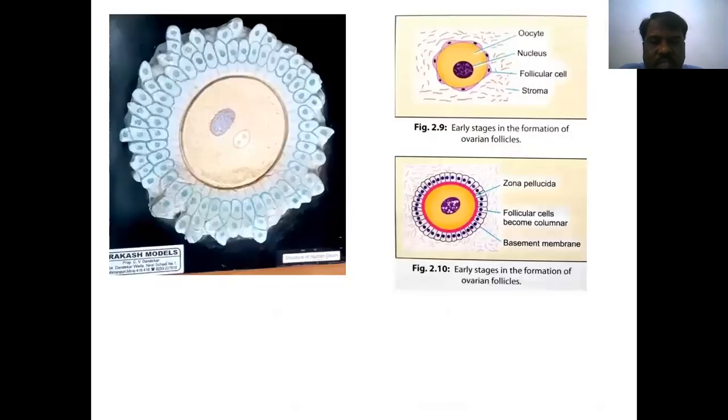See here, simultaneously in a single slide, I kept the model on the left side. The same equivalent diagrams are kept on the right side, selected from the IBC textbook of embryology. So go through the textbook. First identify the model, then after that you can read the textbook, the theory part. Without knowing the model, we can't discuss. So first is the ovum.